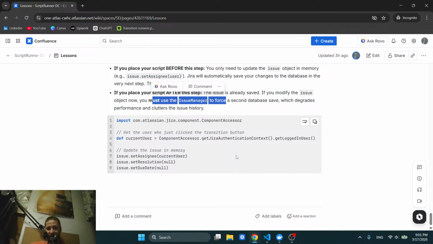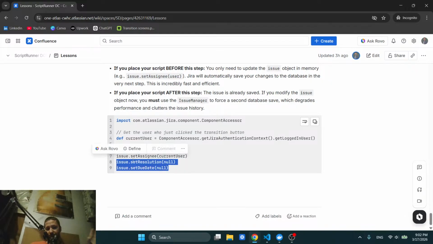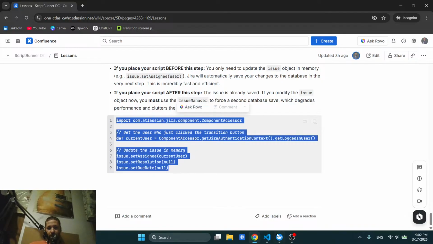After the transition is already done and everything is already done, let's say that you're setting the assignee to the current user. That's one thing that is actually happening. So the current user is going to be the assignee, and then the resolution is going to be null, and of course the due date is going to be null. So basically these fields, resolution and due date, will be empty. So now if you go here,